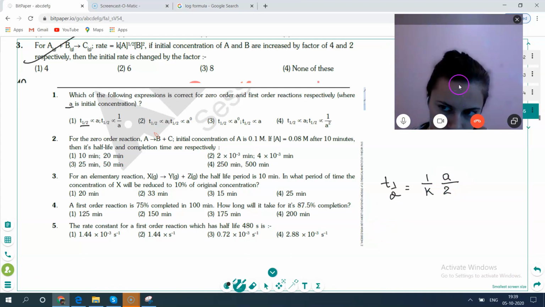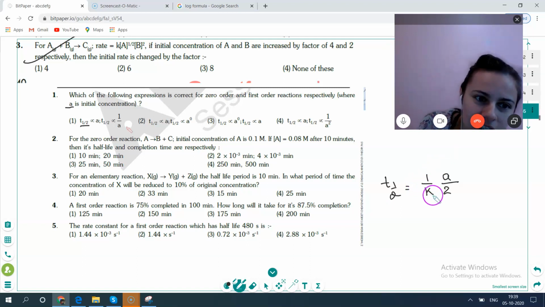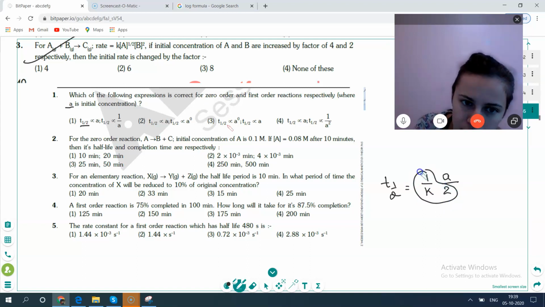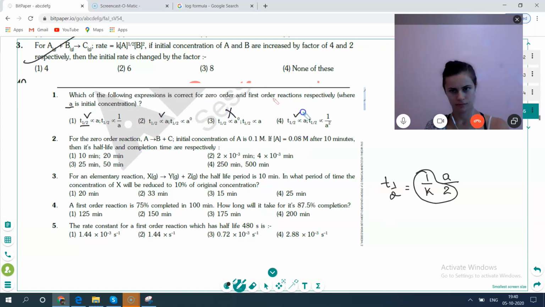See here you have to put your mind. I think t half is proportional to A, because if you put this A, k is constant. So this will be there, this will not be there. Three options they have given. But then, we need to do the same for the first order reaction. First order is going to be dx by dt is equal to,